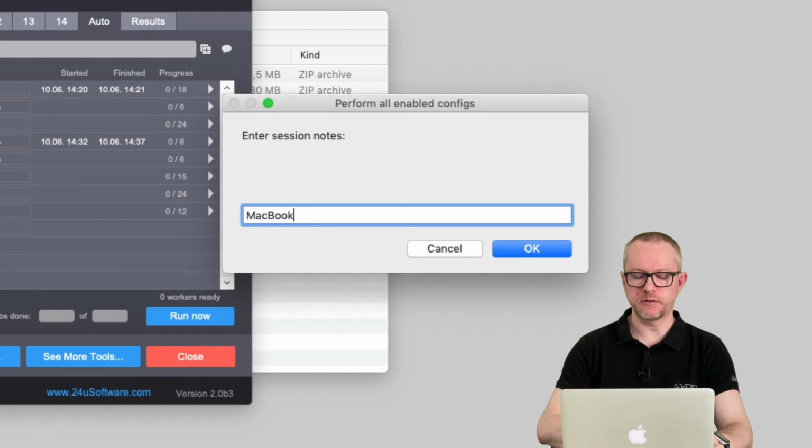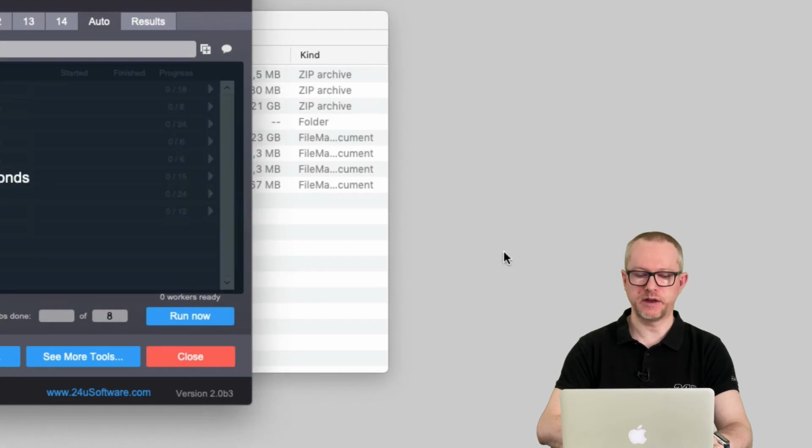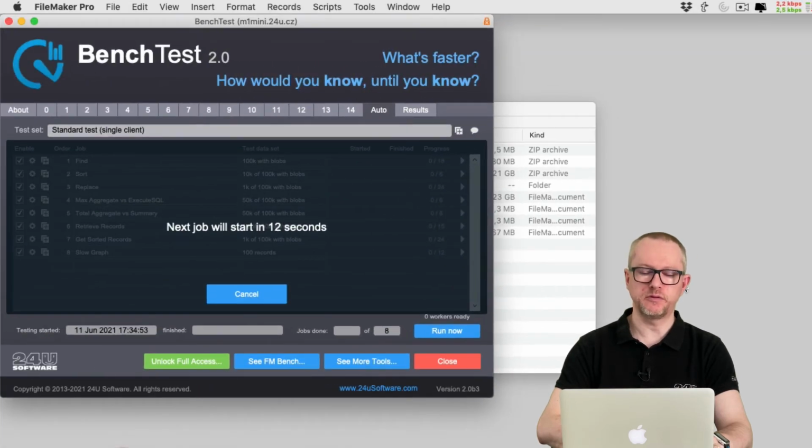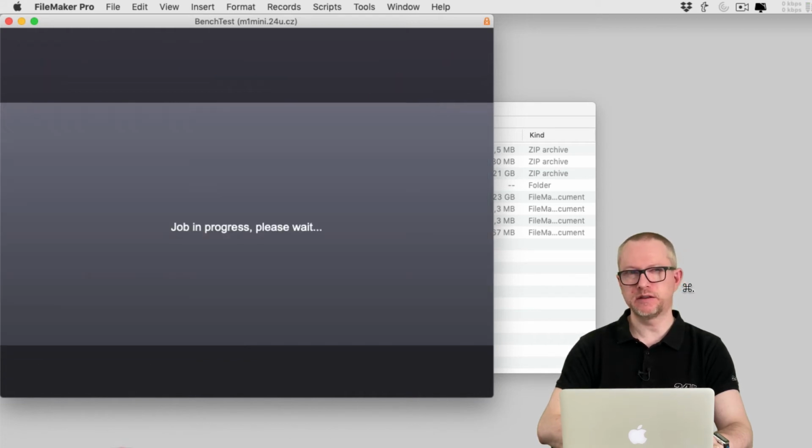Here in this dialog, you will enter some brief descriptive information about your setup. This will be useful to compare the setup with others. And this is the only text that's submitted with the results that will be published on our website when we get the test results online. Know that the test will take at least about 10 minutes depending on the performance of your setup.